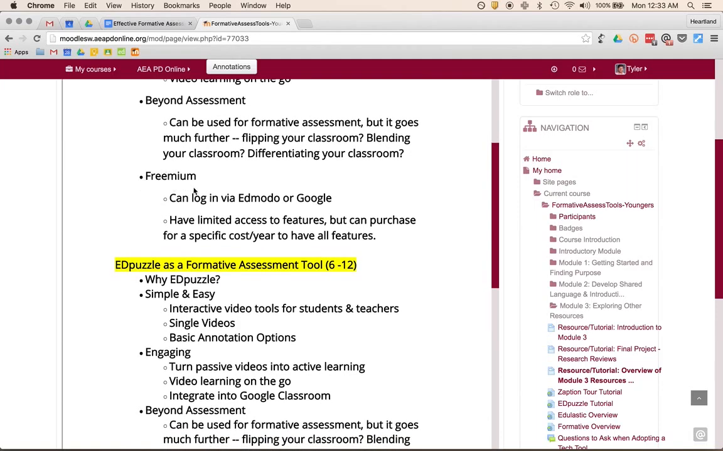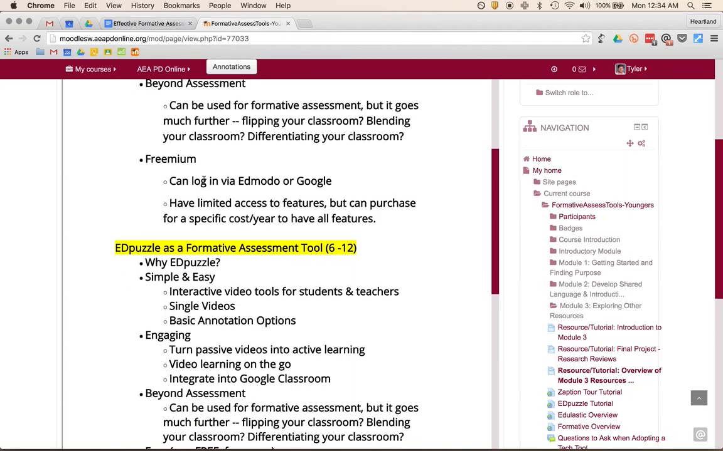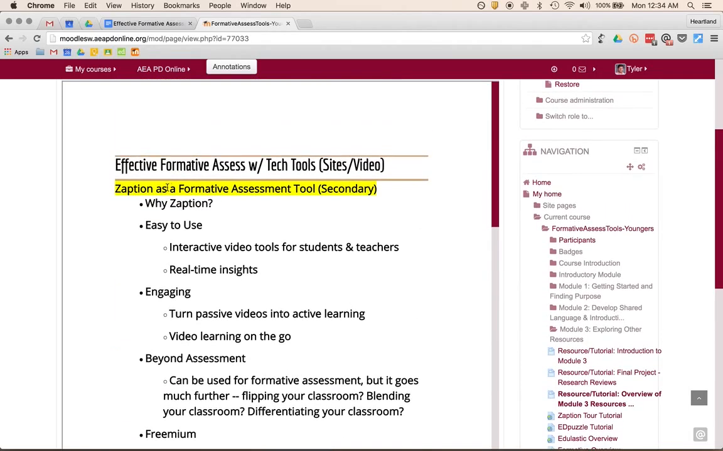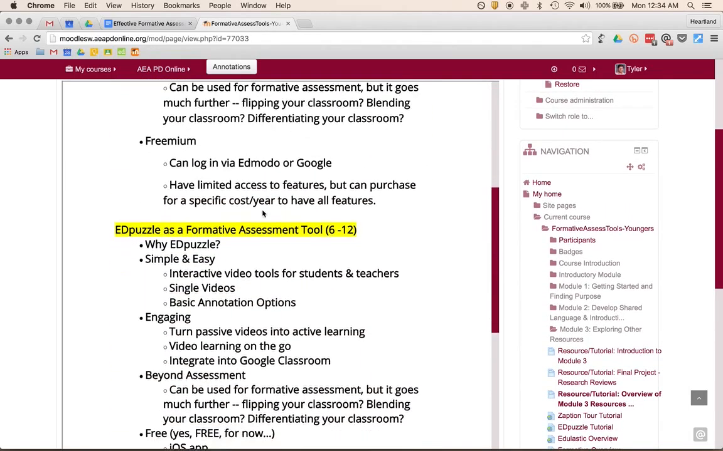One thing about this one, it is a freemium type of thing. It's easy to log into. You're going to notice it'll ask you for your Google login. It's really easy to log into, especially if you're a GAFE school, Google Apps for Education school. But it's limiting. You're going to see some of the features on Zaption, but you're not going to get the full plate